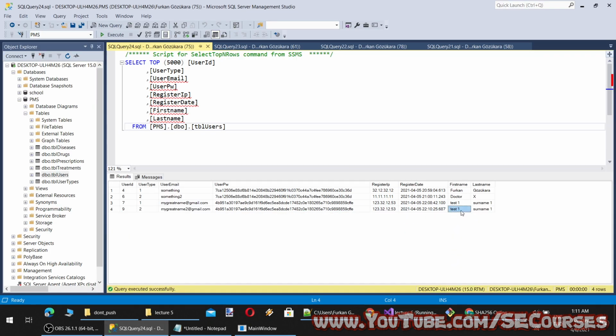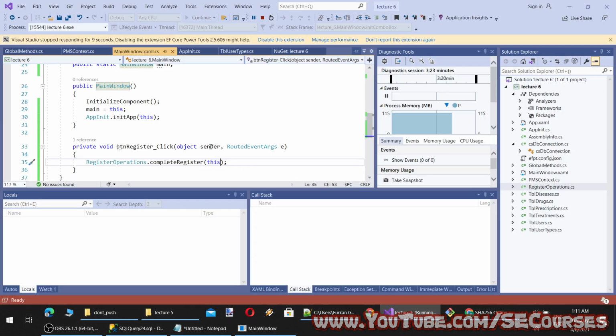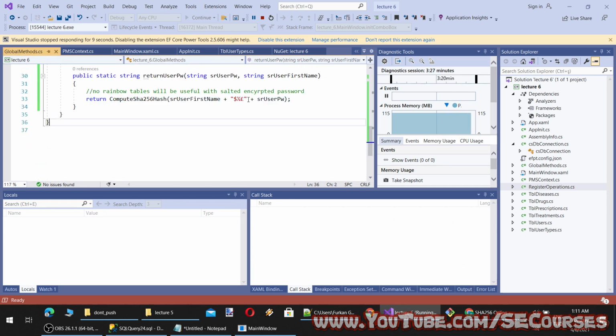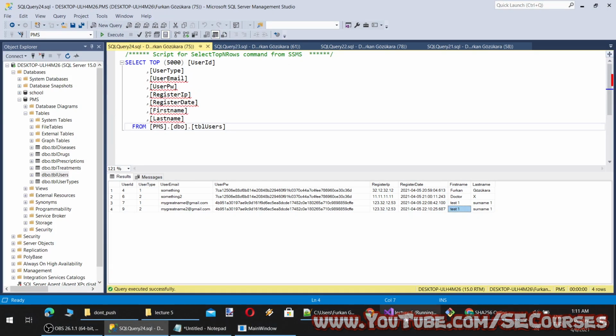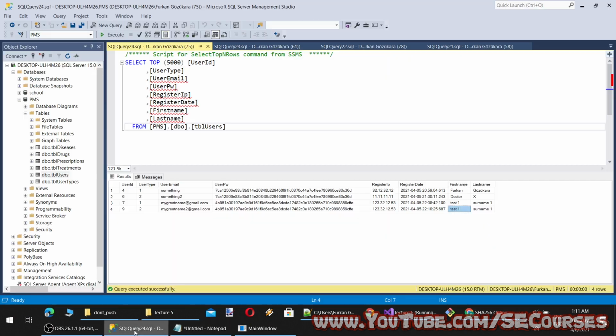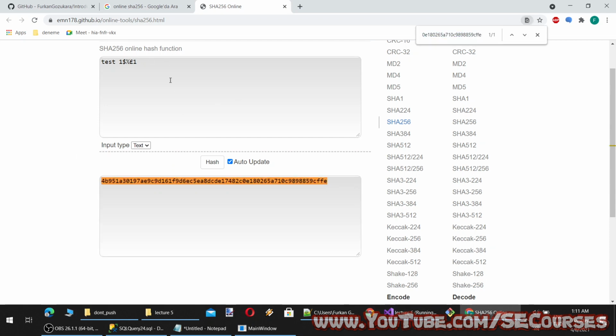However, if we follow our practice, it will be this test one, then we add this string like this, and let's see if they are matching. Yes, they are matching, exactly as you can see.